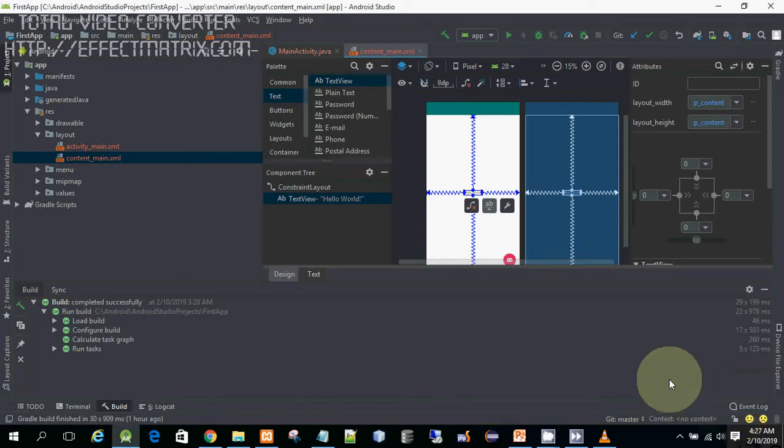Hello everyone. So in today's class we're going to continue from where we stopped the last time. We'll begin with our intended project, but first, before we continue the project, I want to explain this properties window